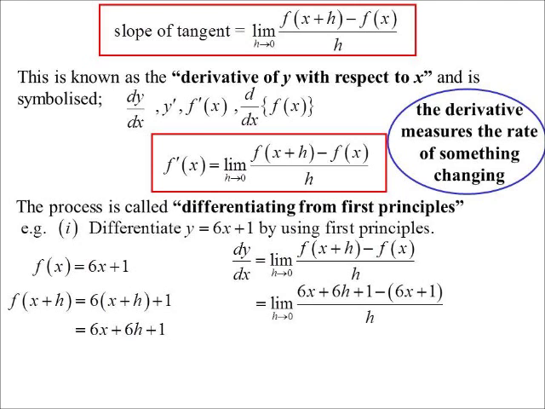And we've got a bit of tidying up to do. But on the top of the fraction, we get 6h over h, and we can use that idea of cancelling now. Because there is that problem of 0 on 0. Makes sense we get 0 on 0, because it's rise over run. But remember, we're saying the point's basically the same point. So the difference in the y values over the difference in the x values, of course, we've ended up with 0 over 0. But using limits, cancel the h's there, we get an exact value of 6. Because there's now nowhere to substitute the h into. So there's the slope, 6.